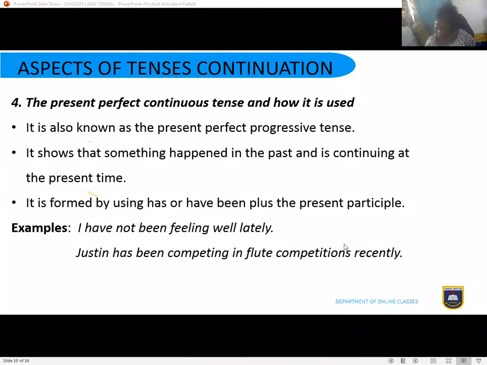Dennis Agbobli, are you on the line? Yes, madam. Very good. Can you read the sentence for us? Which one, the first one or the second one? The second one. Justin has been competing in